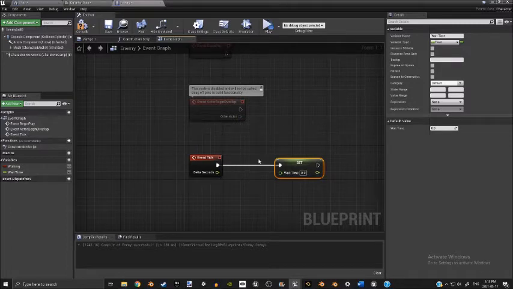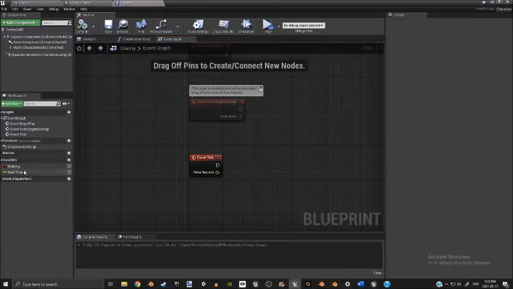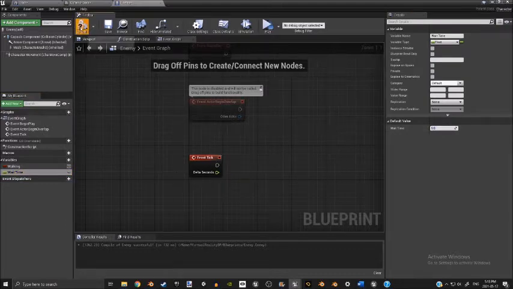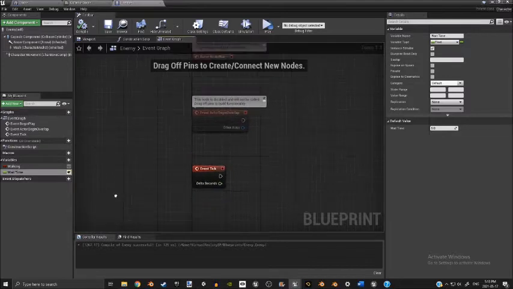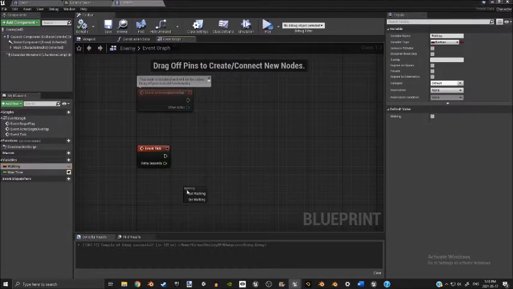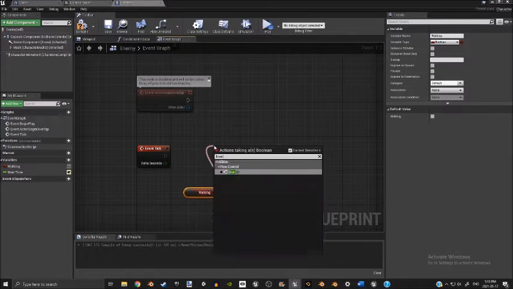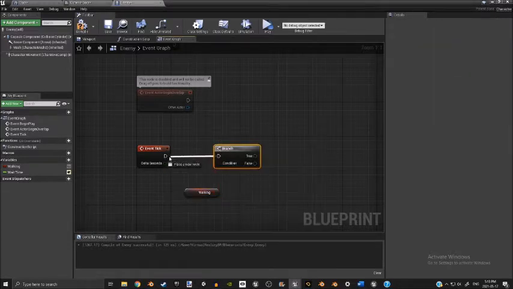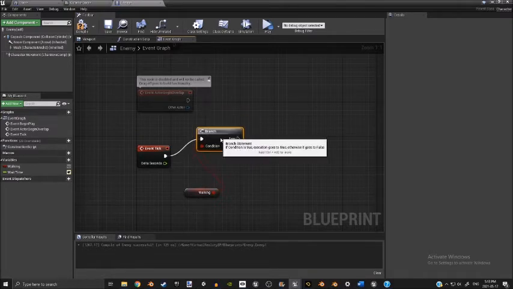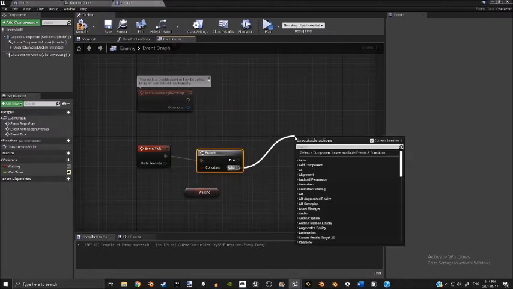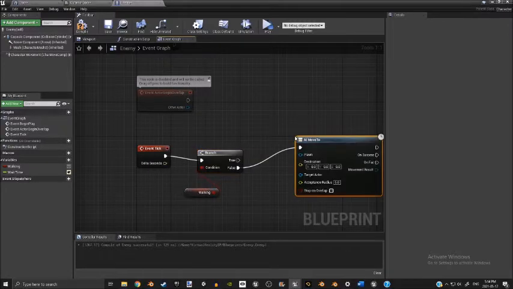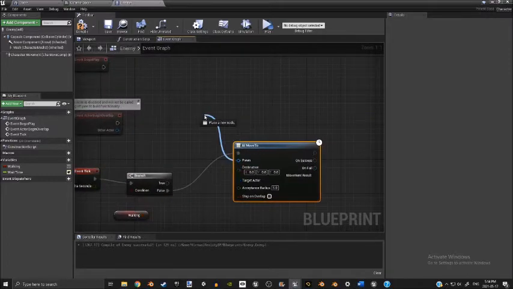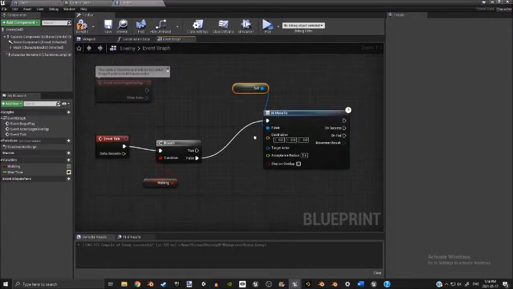So I'm going to set this up. No, don't set the wait time, but I'm going to have the wait time for now be 5 at default. But we should expose this variable just in case you want to change it as nights go on. So next, we're going to grab walking, and we are going to branch off of it. I know that this isn't exactly like the most cost-effective way of doing it, but it still works at least. Alright, so if the walking is false, then AI move to, and then here we have this, self, of course,